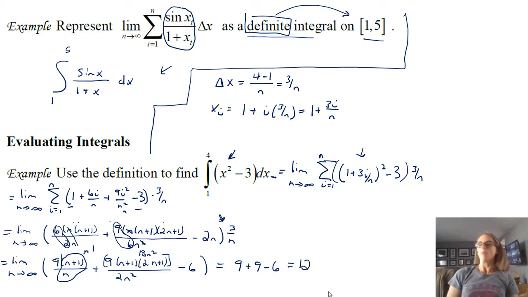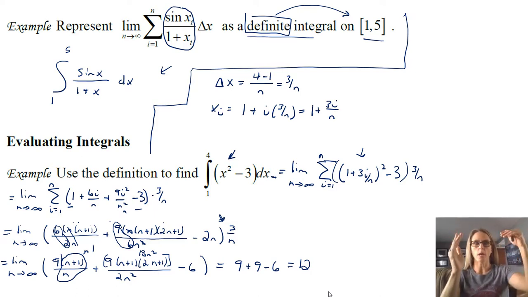So the idea here is what we just did was use the limit definition to add up every single rectangle, an infinite number of rectangles, underneath the curve of x squared minus 3. You could picture what x squared minus 3 looks like, and what would happen if we added up all the rectangles between 1 and 4. That would be some above and some below the axis. And overall, you would end up with an area, because that's what it is, of 12. It's just a lot of work to get there.